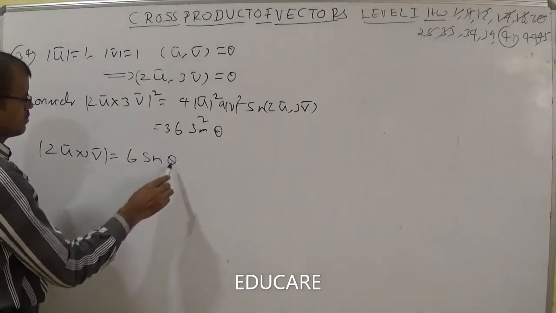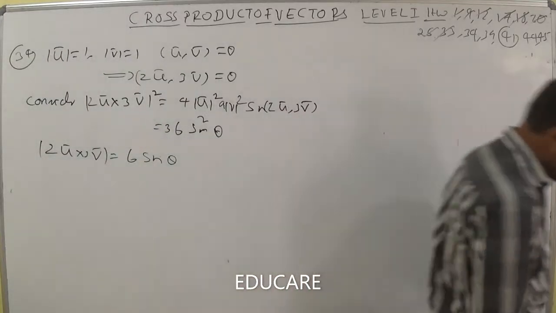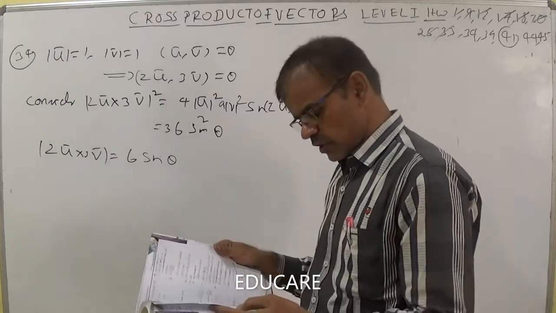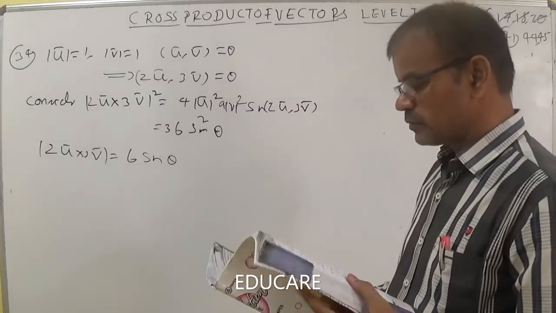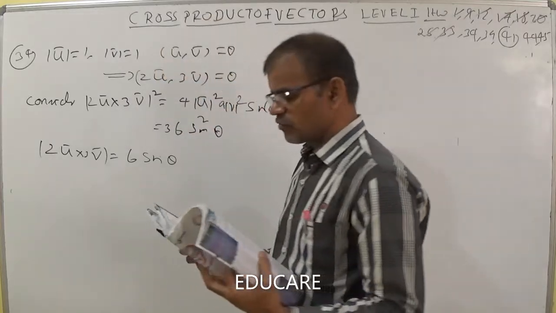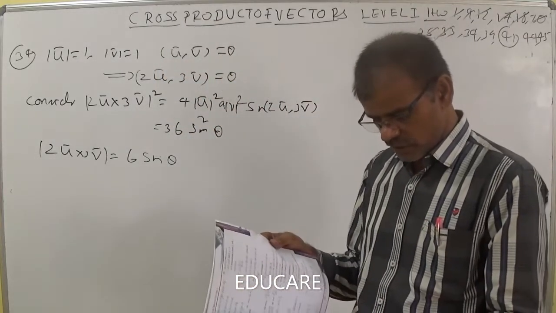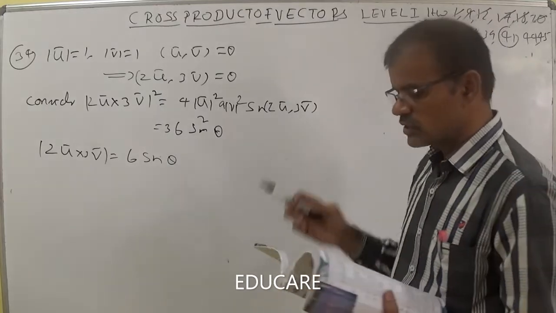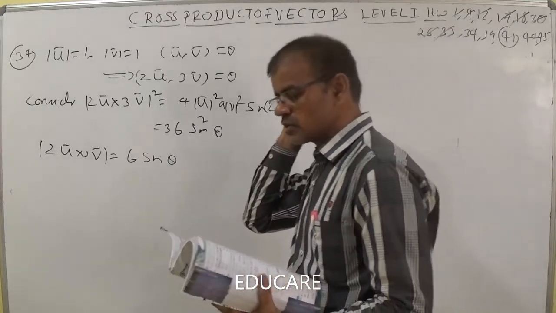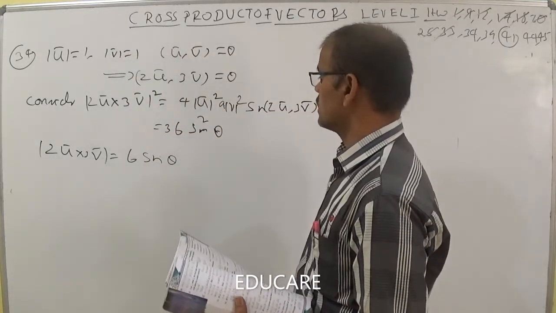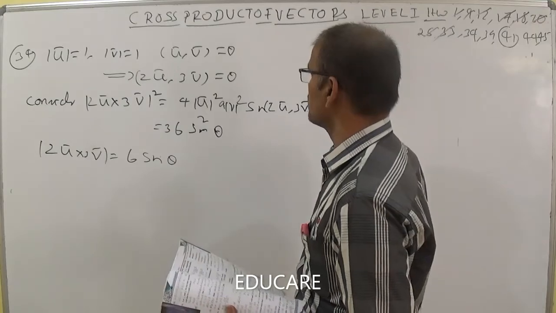Taking modulus, it becomes 6 sin theta. It depends upon the minimum and maximum values. According to option 34, 6 sin theta is there. So exactly one value of theta, according to the fourth option given as 34. He gave options like exactly one value, exactly two values, more than two values. So whenever it is sin, 36 sin square theta is 6 sin theta.